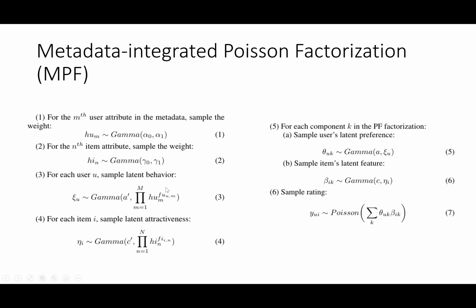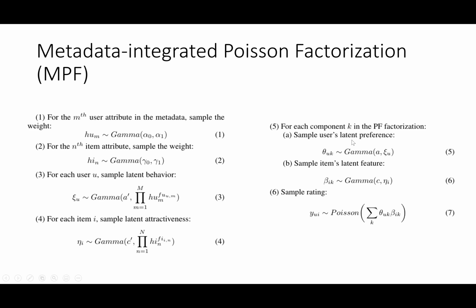So the model we build by incorporating the user attributes, what we call metadata, and then for the user attributes we assume they follow a gamma distribution with shape and rate. For the item attributes we can have a similar one as well. Then for the next step, with the user attributes, we build that into the user latent behavior. And the user latent behavior, you see here, the rate is actually accumulated based on the user attributes,